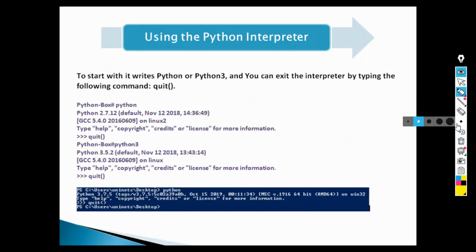So Python mainly has two versions, Python 2 and Python 3. We will focus on Python 3 only. There is a little bit of difference between Python 2 and Python 3. However, if you are aware of routing concepts, whether it is ISR, ASR, or CRS, whatever the technology is, the basic fundamentals will be the same. Likewise, whether it is Python version 2 or Python version 3, the syntax may differ a little bit, but the basic fundamentals will never change.